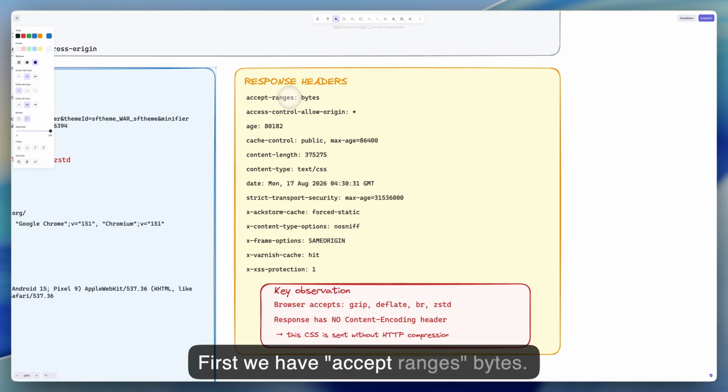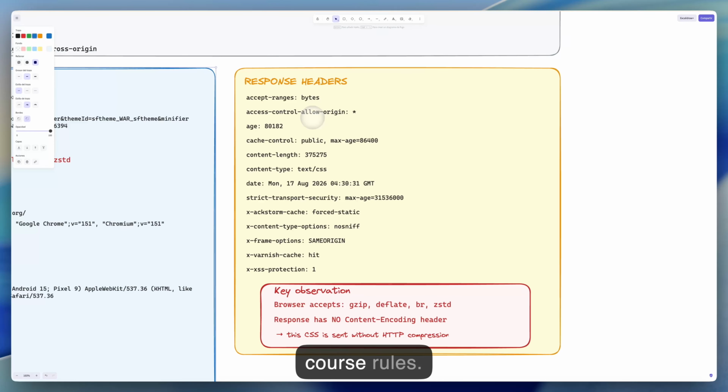First, we have Accept-Ranges: bytes. This tells the browser that the server supports requesting only part of the resource rather than necessarily downloading the entire thing again. Then we have Access-Control-Allow-Origin. The asterisk means that the server is allowing this resource to be accessed from any origin under the relevant CORS rules. Then we have the Age,